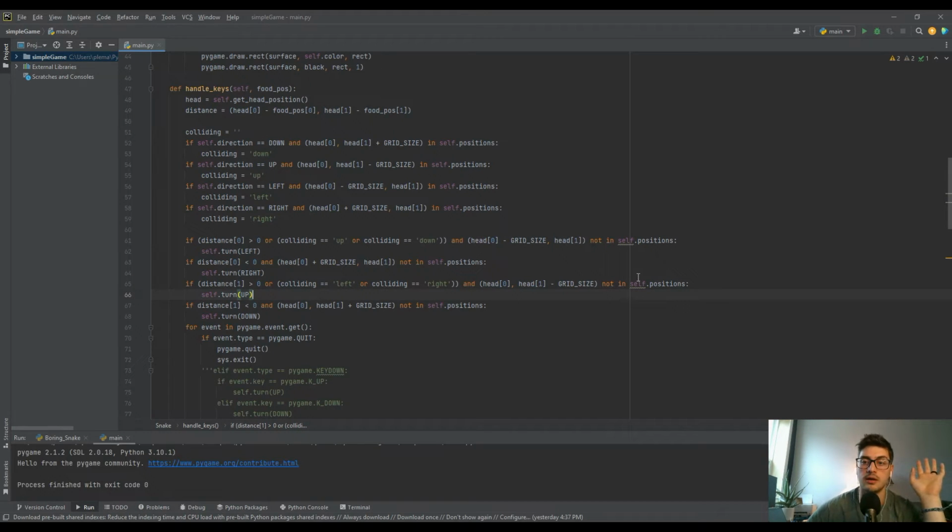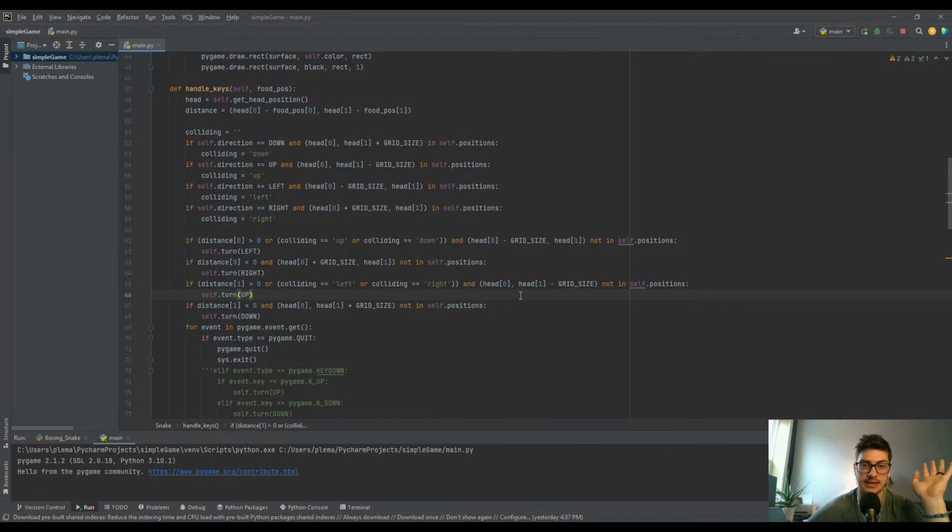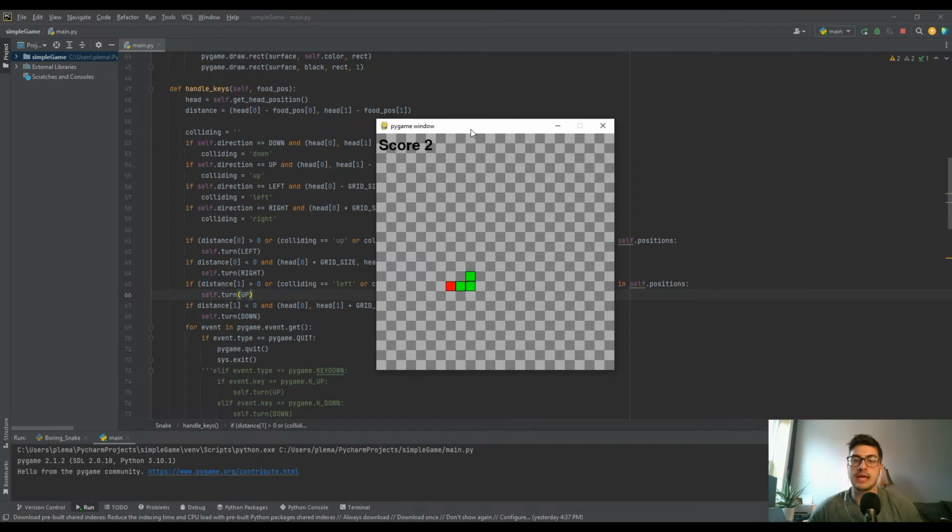So this should be a basic way of avoiding our own body, but it's not smart. It's just basic avoidance. So let's go ahead and take a look at what that looks like. We'll just need to give it a second so it gets long enough to where it could hit its own body. But I'll point it out when I see it, hopefully around a score of 20. Ordinarily, there's a turn where it would hit itself, and in this scenario, it should turn at least once out of the way. So you can see there and there, we get a few of these rapid little shifts, but